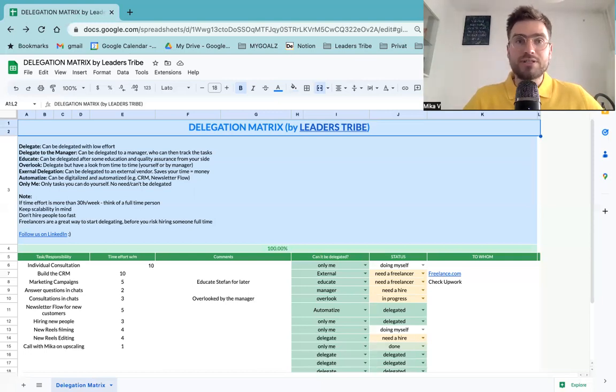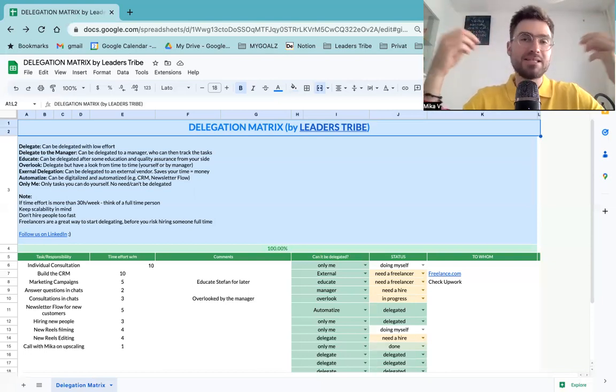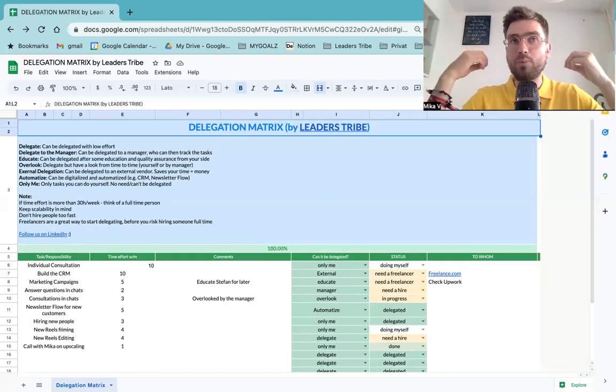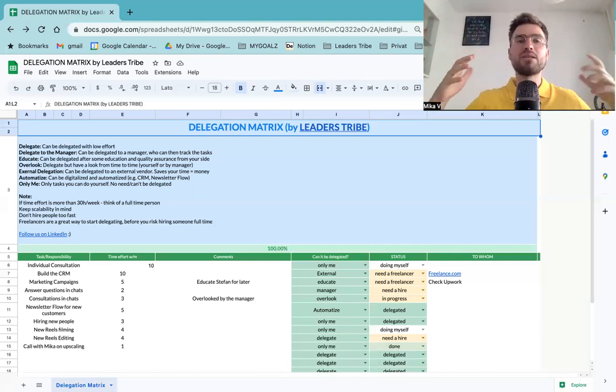So if you're, for example, a coach and you are the only one in your company who can deliver the service, and the fulfillment is on you, at least partially, then it's something that only you can do. At one point, if you grow even more, you can plan to delegate it to some coaches whom you've educated with your specific method. But in the beginning, you will be coaching by yourself, and this is something that only you will be doing.